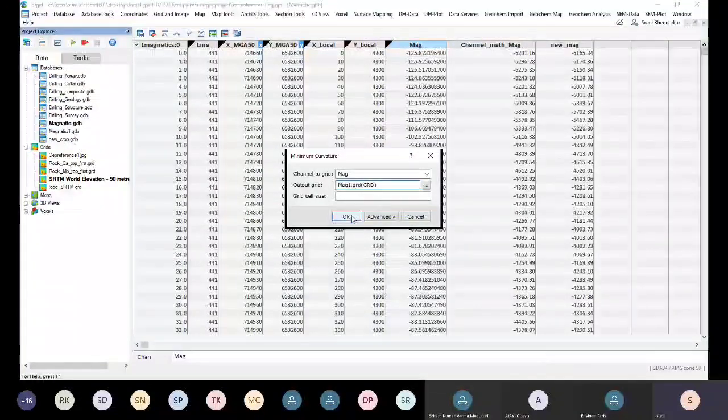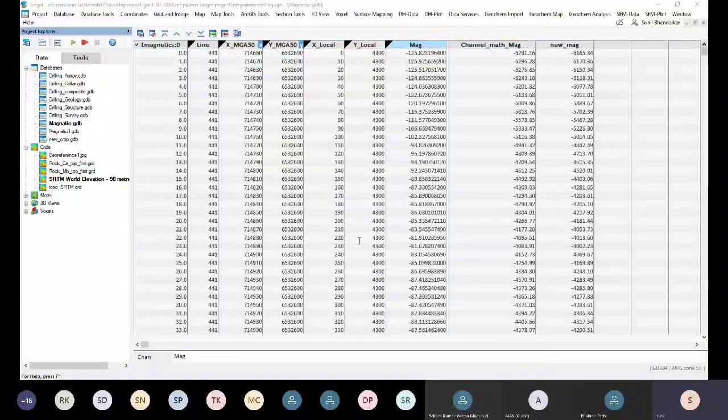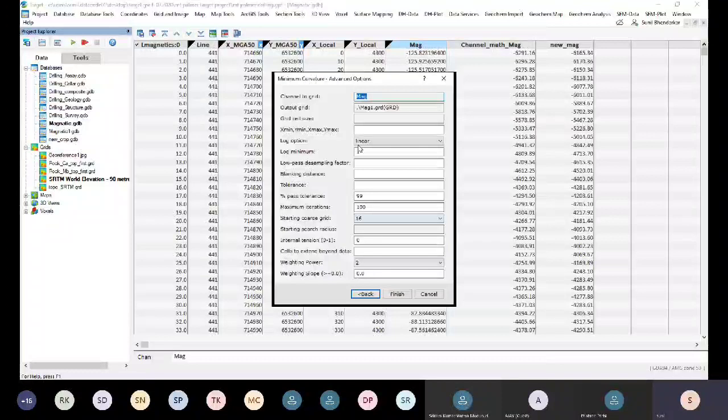Then there are grid cell options, so you can put the cell size, and if you want to add more information to get the correct grid, you can change your x and y minimum, the log option, and also the blanking distance.